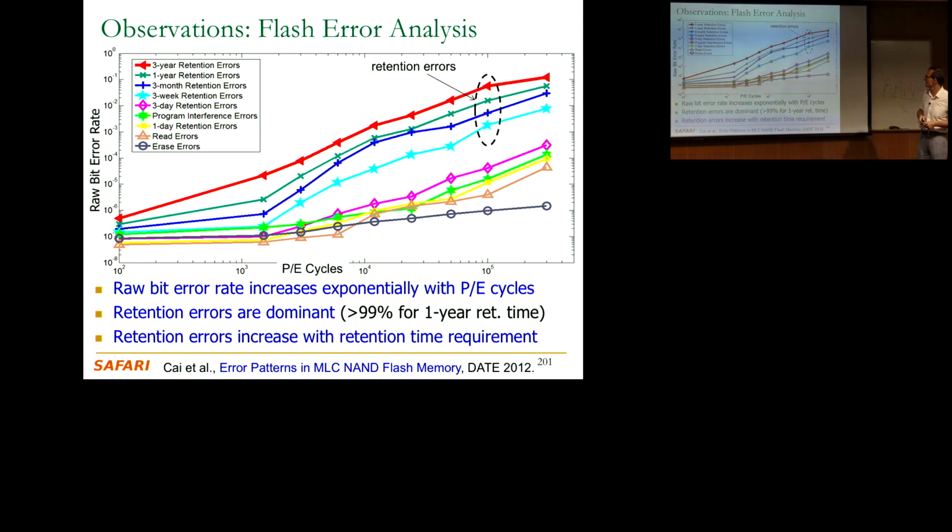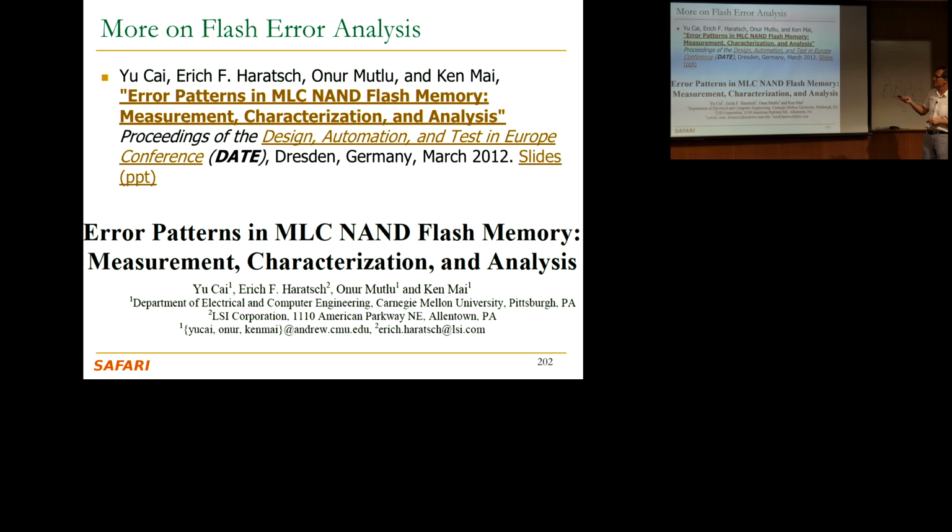Yeah, after 1 year it's retained. If it's 1 day, it's not 99%, as you can see, right? It's this yellow thing over here. It's still high, but it's not as high as the program interference errors, although they're relatively close, right? Yeah, the 1 day is the yellow one. That's the 1 day retention error rate. And the green one is the program interference errors. But usually people read much longer than 1 day, right? Flash devices. Okay, so that was the beginning.